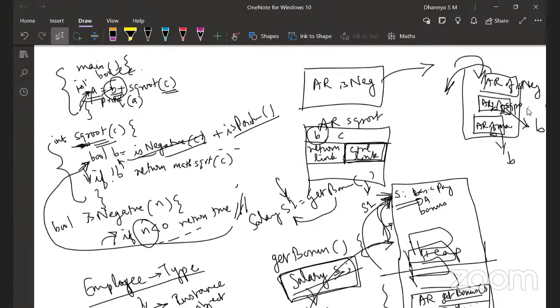The variables in their lifetime are the variables that are actually present in the activation records that are in the stack. Right? And in scope means the variables that are accessible to the activation record that is active at the moment, which is the top of the stack. So which is the method which is currently active? It is the method which has the activation record on the top of the stack, right? That's the currently active method.